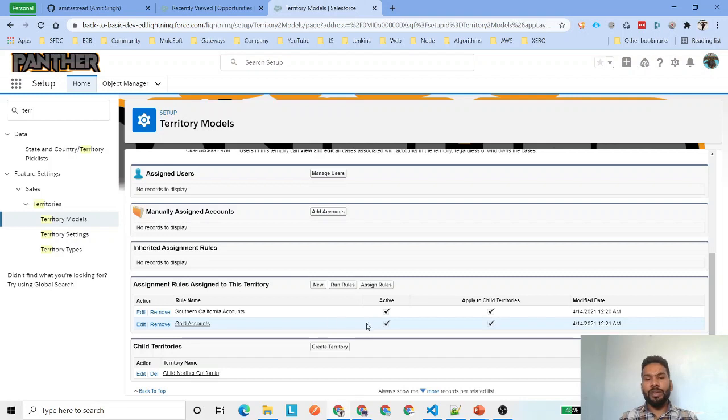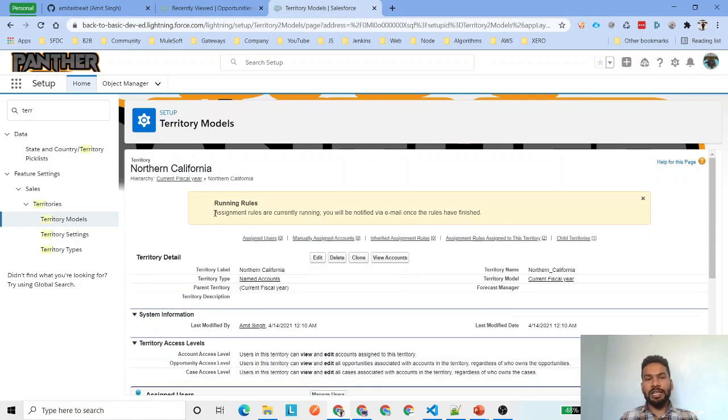Now if we want to run the rules, we can just click on run rules. What it will do is run the rules. You can see assignment rules are currently running. You will be notified via email once the rules have finished. So basically it is running this rule on all the existing accounts, and you are doing the testing, right?